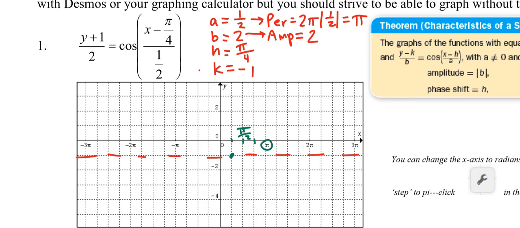You want to graph it, not using the period. This is why it's important that once we find this information, we write down what our periods are. So that we find that first point, and then we go over to the right, pi units, and we know that we'll be at the top of another one of the hills. So in between, it's got to go down all the way to the bottom. It'll look like that in between. That makes sense? So between there and there, it has the highest cycle. So the bottom will actually be